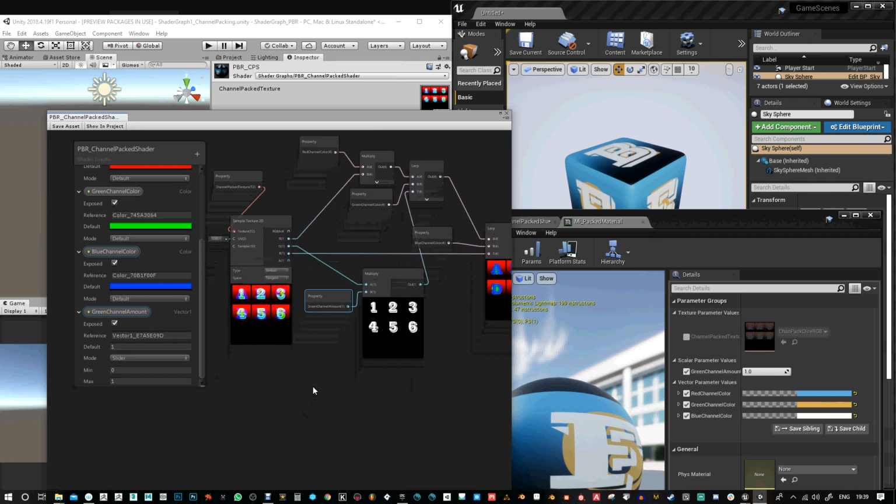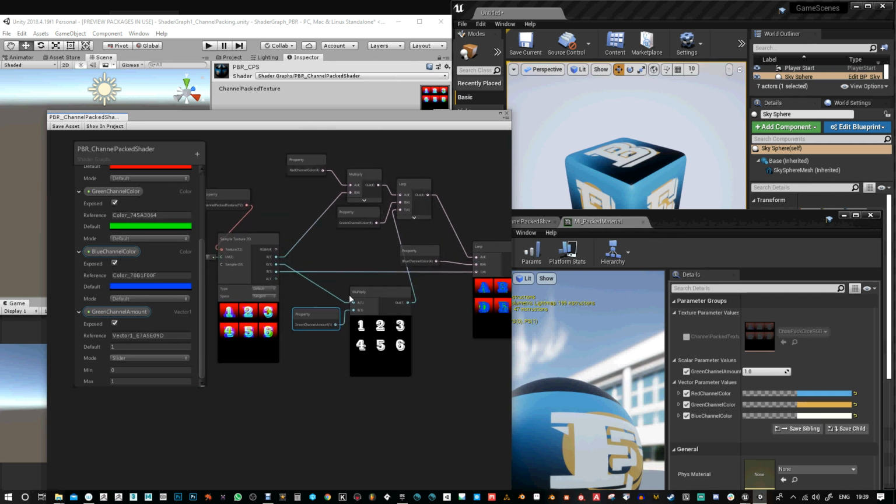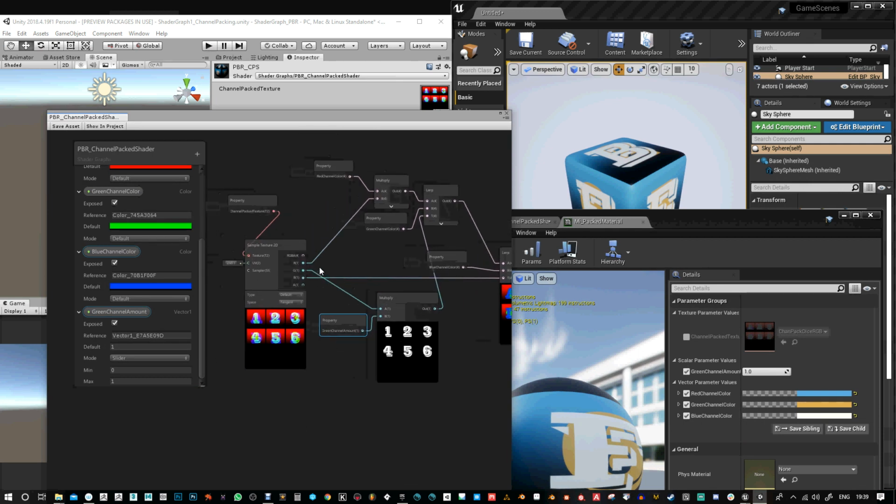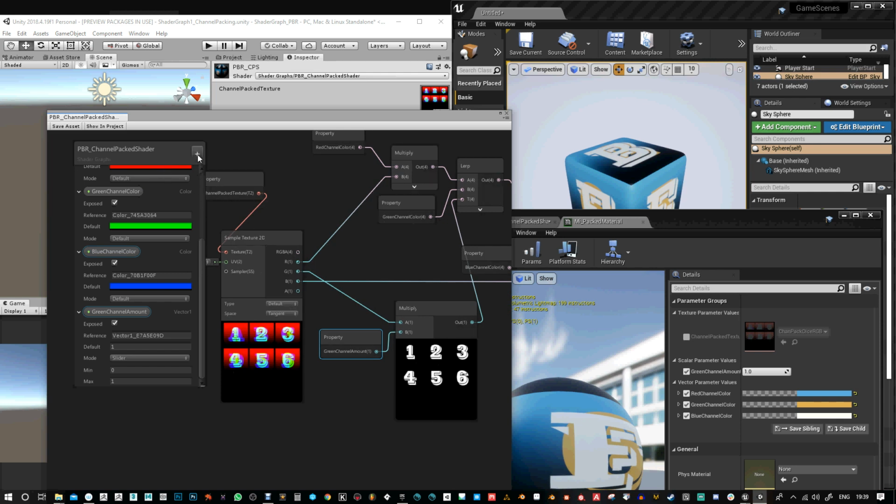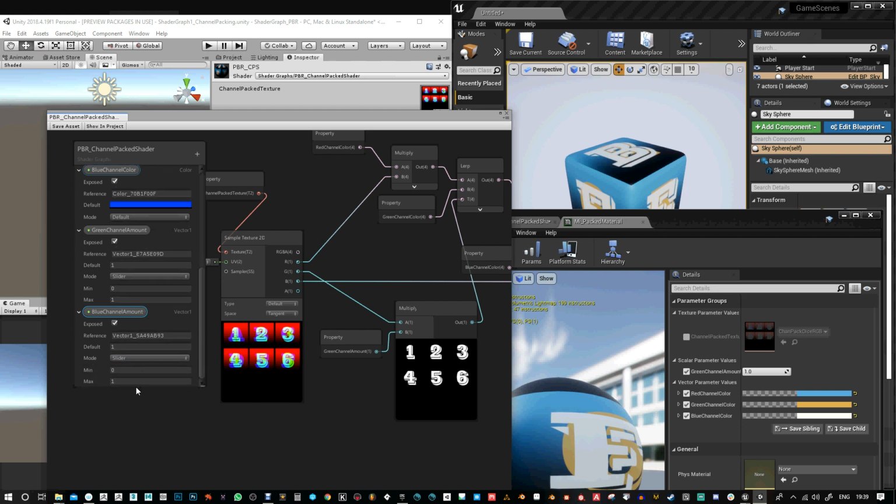I'm going to take what's in the blue channel and add a multiplier to it. So another vector 1, and in Unreal that would be a scalar. You can press S for that, otherwise in Unity it's added here. Double click blue channel amount, default 1 so that we actually see it. Change that to a slider and it automatically gives us 0 to 1. Save asset,